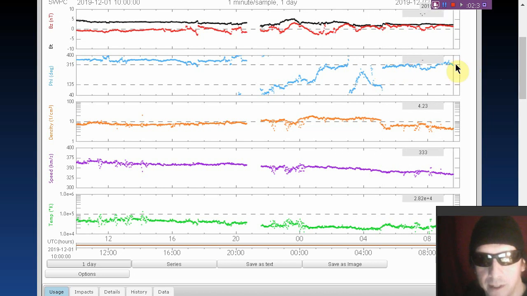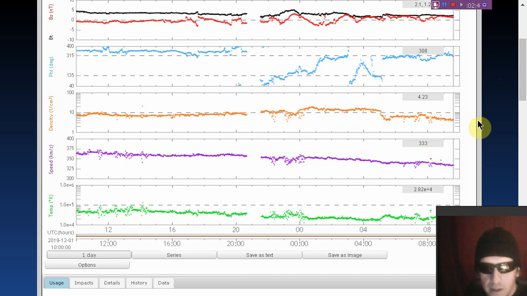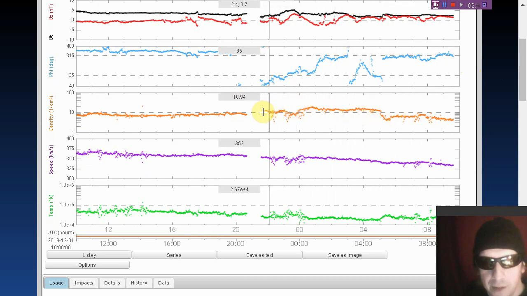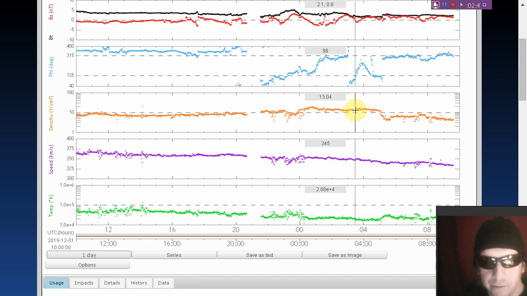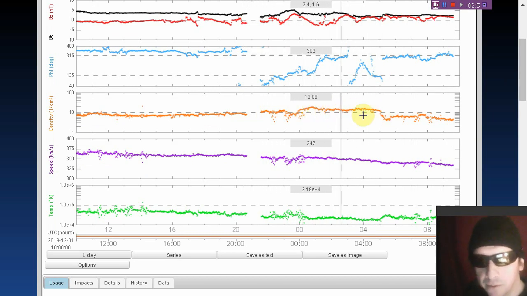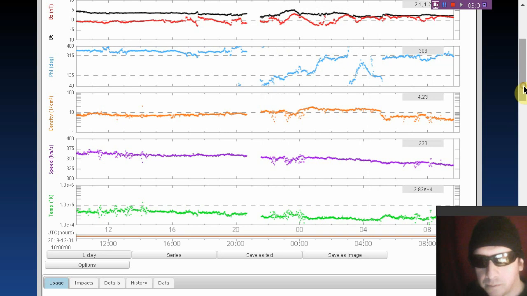Solar wind data is phi angle at 323 degrees. And we did see a dip in the solar wind density at that same moment there. So we saw this sudden uptick followed by some phi angle shifting. Probably a small coronal mass ejection, folks. It's got all the proper components. Anyway, it didn't have any effect on the KP index,